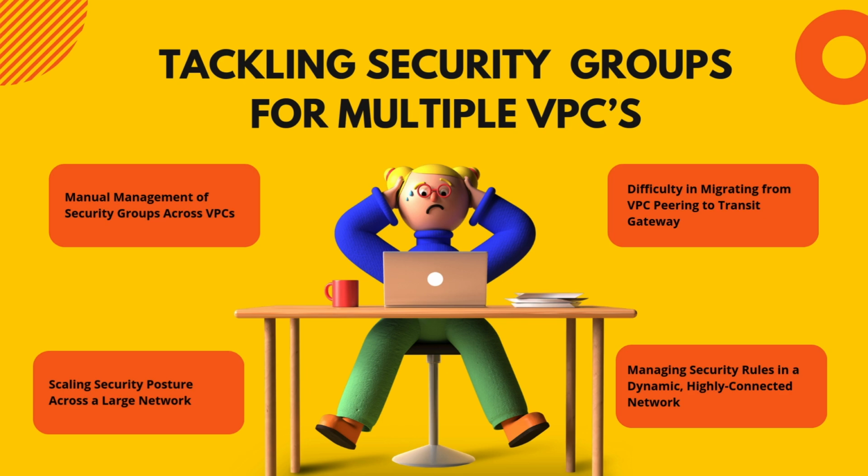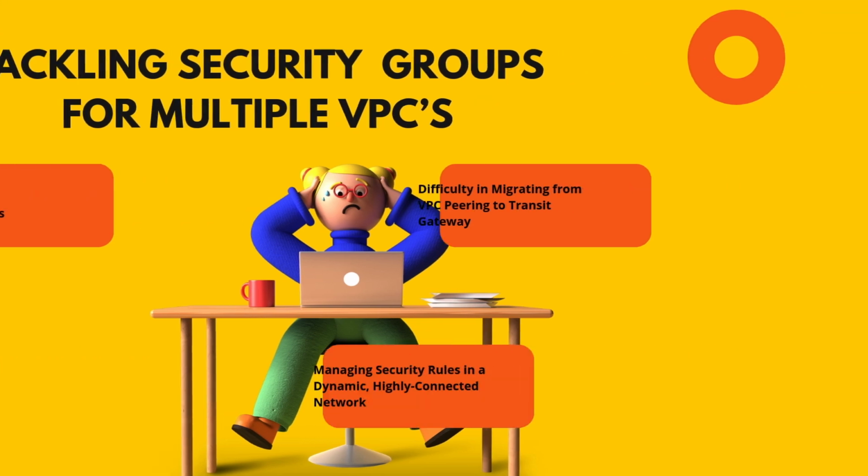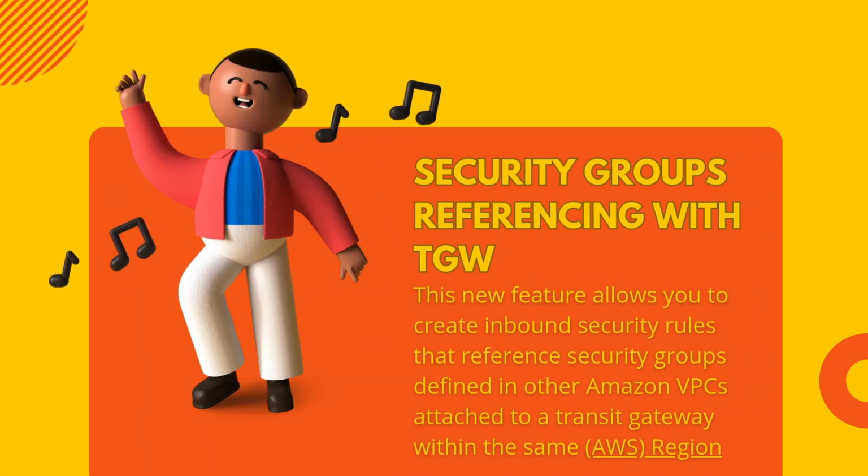To resolve these above problems, AWS has introduced support for security group referencing on AWS Transit Gateway. This new feature allows you to create inbound security group rules that reference security groups defined in other Amazon VPCs. But the condition is these Amazon VPCs have to be attached to a transit gateway within the same Amazon Web